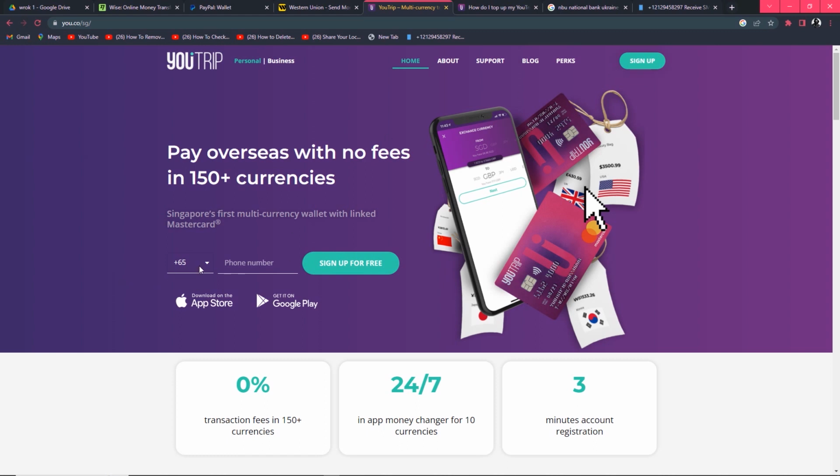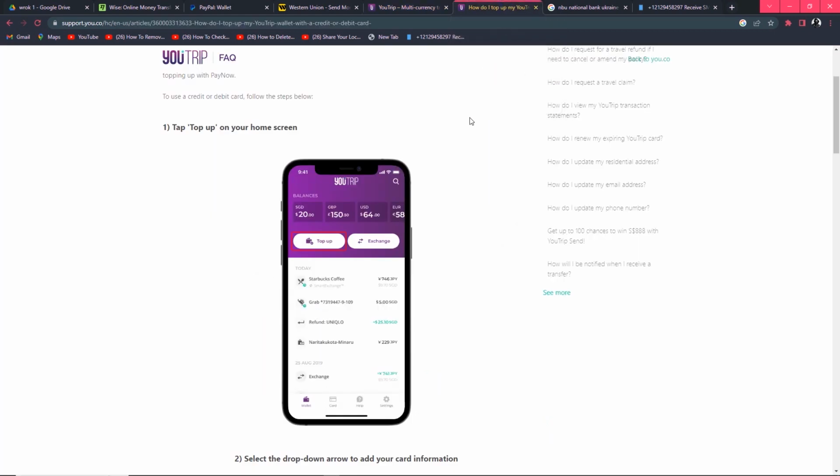So in order to create your account, you must have a Singapore number because Youtrip allows only Singapore people to sign up here. So if you have a Singapore mobile number, you can sign up here. So after that, when you sign up and create your account, here are the steps you need to follow